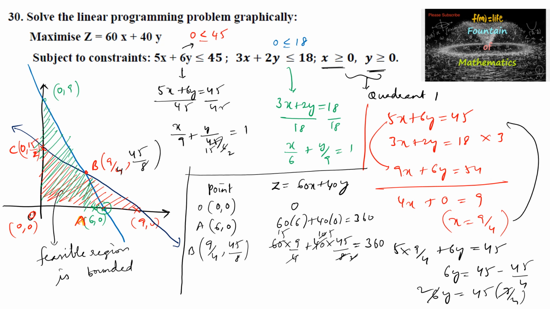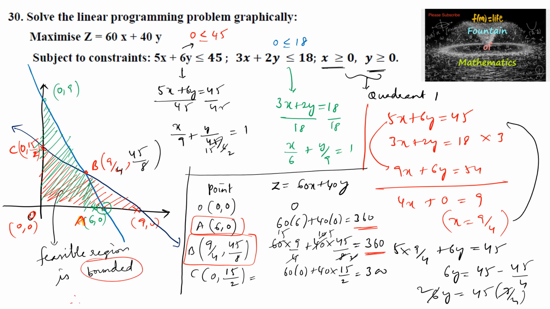And at the point 0 comma 15 by 2, we'll get 60 into 0 plus 40 into 15 by 2, which is 300. So at the 4 points 0, A, B, C, we got 0, 360, 360 and 300. We can observe that 360 is the maximum at the point 6 comma 0 and the point 9 by 4 and 45 by 8. Since the feasible region is a bounded one, we can conclude that